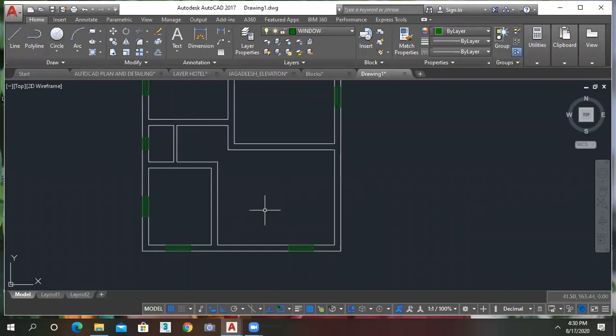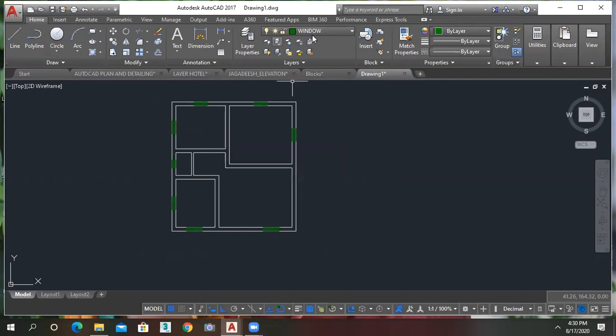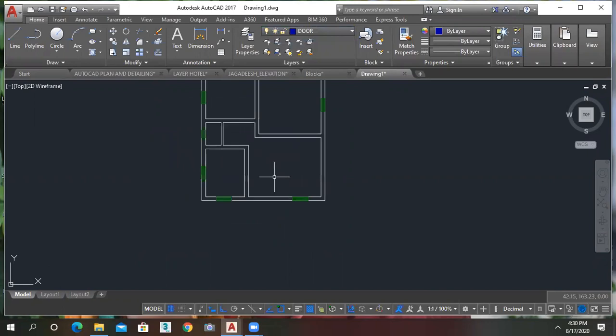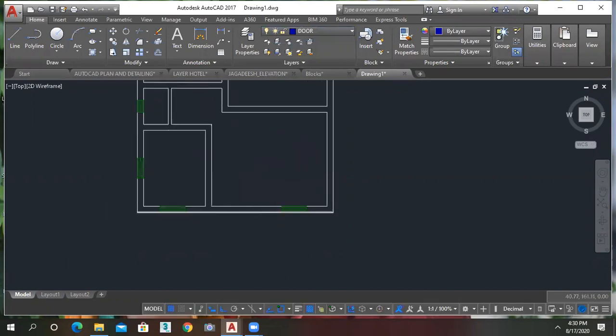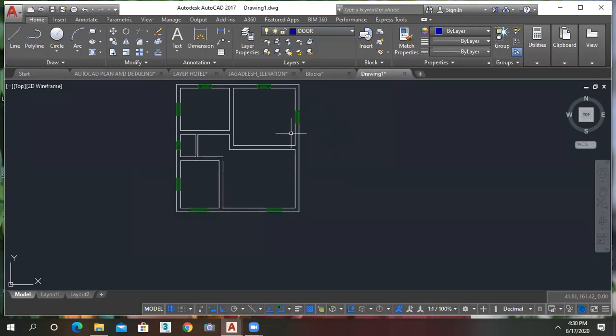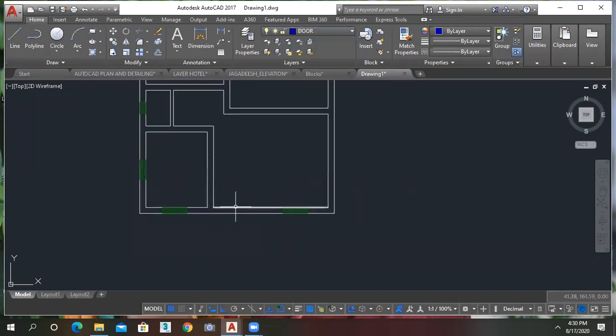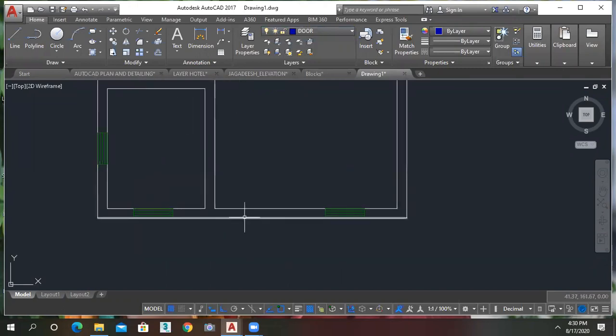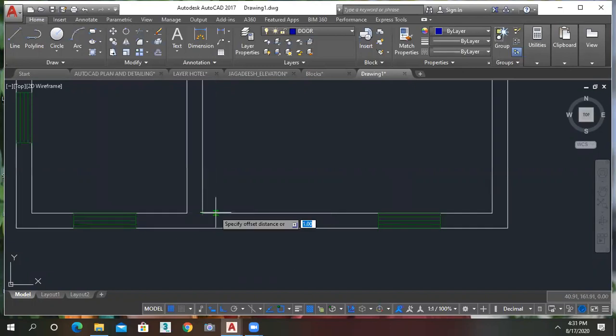So now come to the point, that is creation of the doors. Okay, so just keep the door layer active and then go for the door. Before going to the creation of the doors, we just want to decide the location of that door. Okay, so this is my main entry here. For example, just say offset. We don't want to keep the doors directly into the wall. Actually, we have to provide the offset. So what is the dimension of that offset?